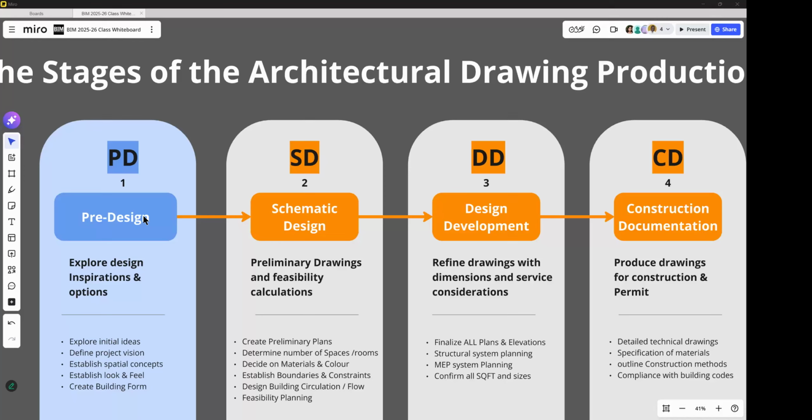We normally call it working drawings. Some persons call it architectural documentation. Some call it construction documentation. Whatever the name is, this part has to do with the legal aspects of getting your drawings authorized to be built.